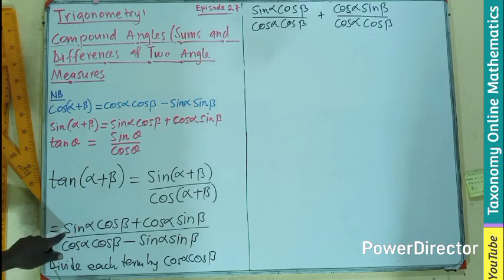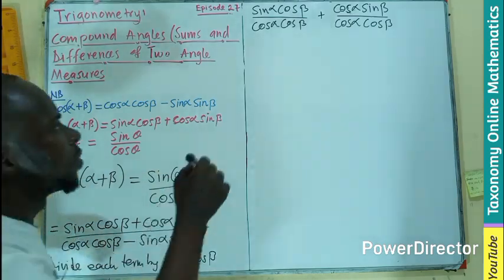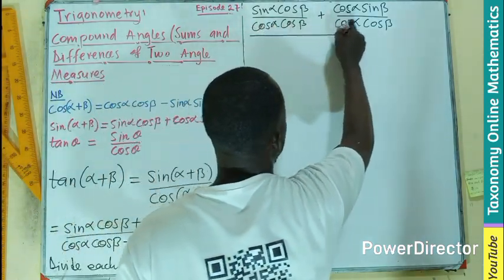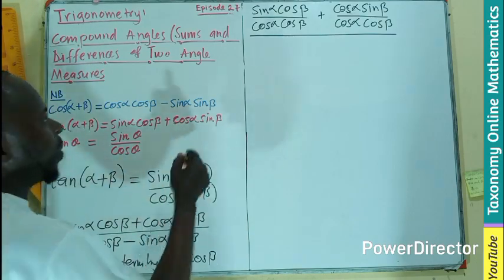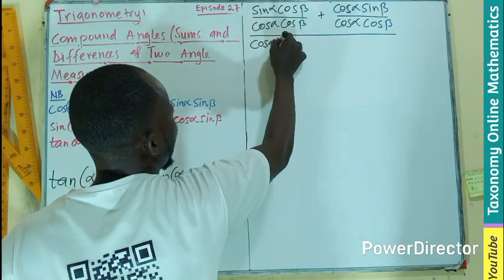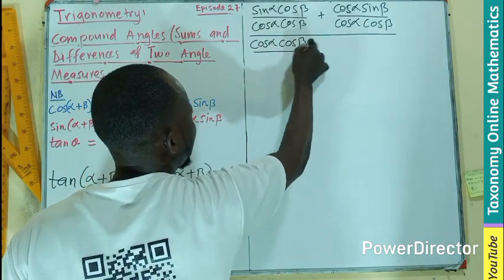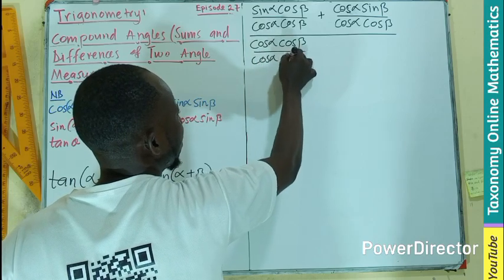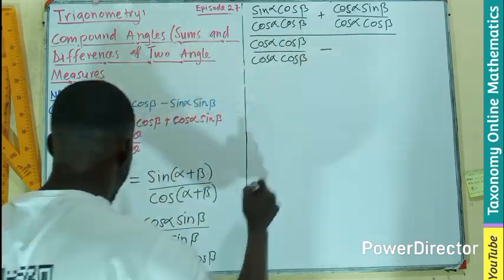That is only talking about the numerator here. So all this will now be divided by cos alpha cos beta divided by cos alpha cos beta,